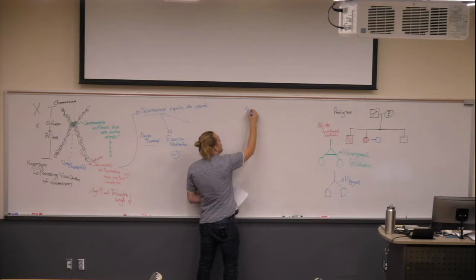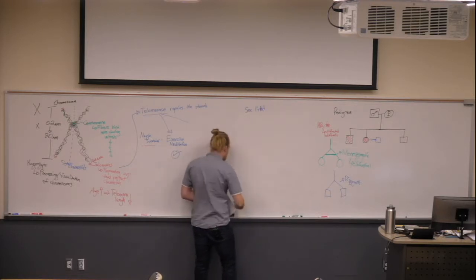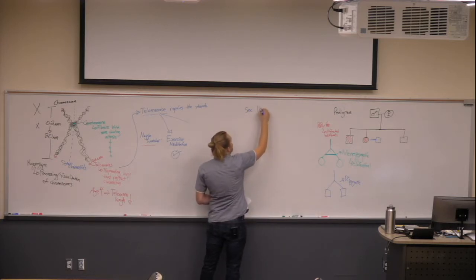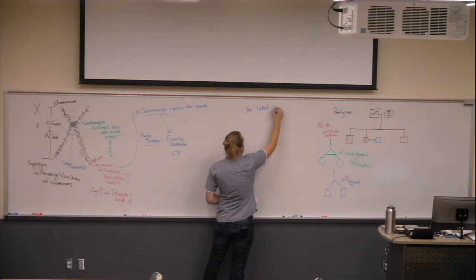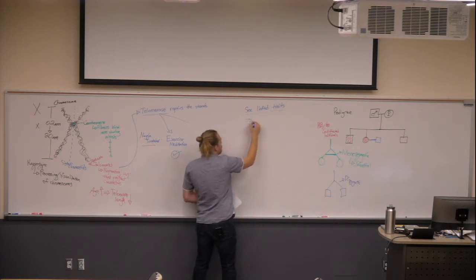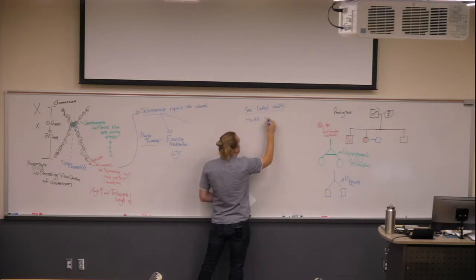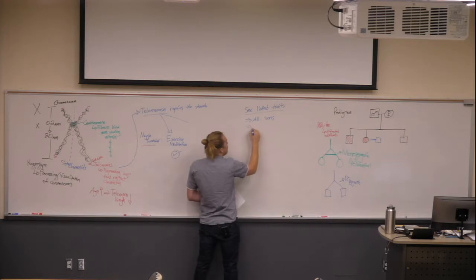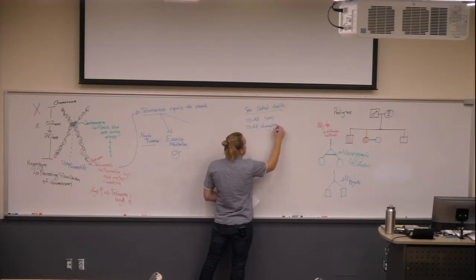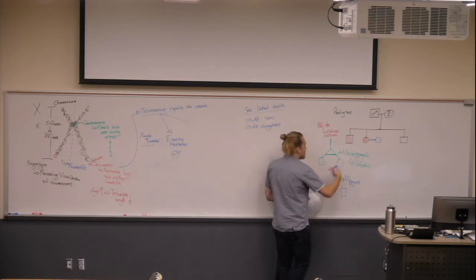So sex-linked traits, not lined traits, that would be silly. Linked traits is a fancy word for like all sons or all daughters, something like that. So let's pretend that this is a made-up family